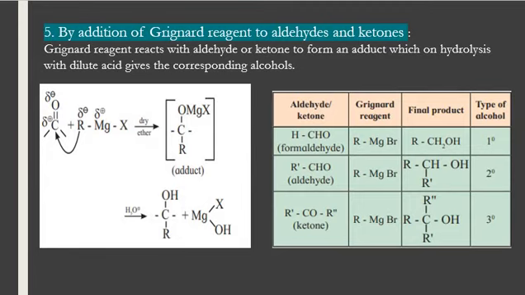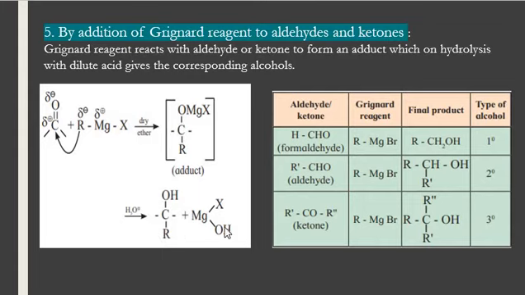Another method of preparation is by addition of Grignard reagent to aldehyde and ketone. Grignard reagent reacts with aldehyde or ketone to form an adduct, which on hydrolysis with dilute acid you will get the corresponding alcohol. For example, let's suppose you have taken one carbonyl compound and you are adding this Grignard reagent to the compound. First, in the dry ether solution, you will get this addition product, and on hydrolysis of this product you will get an alcohol